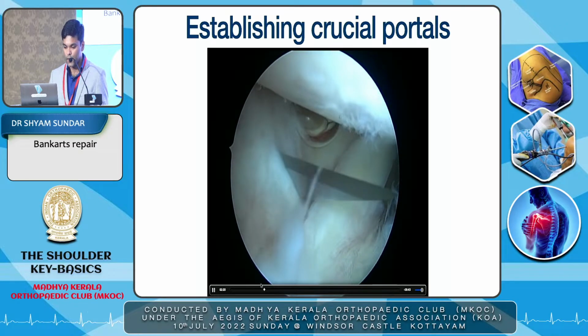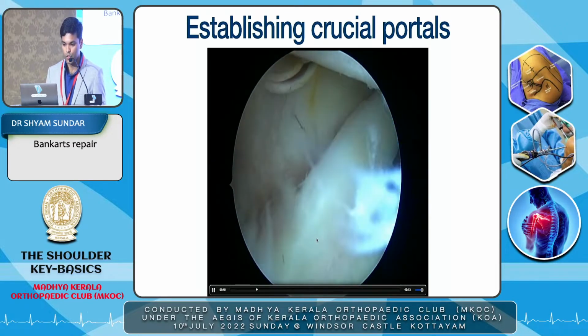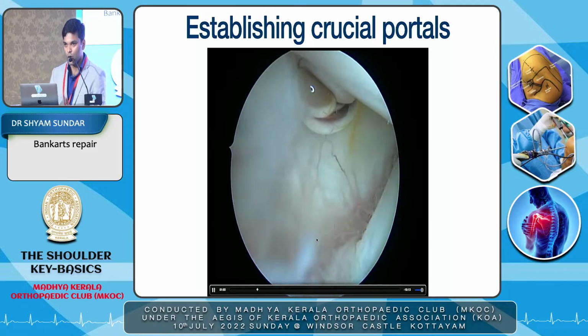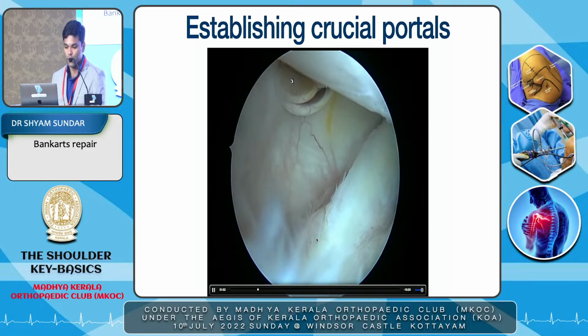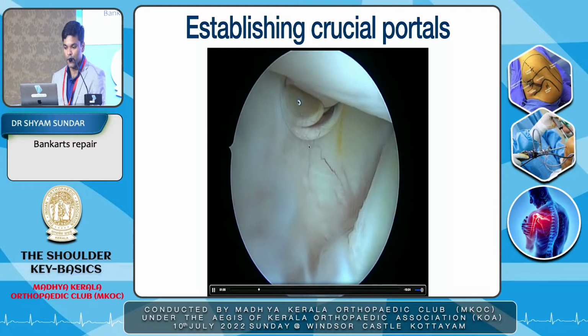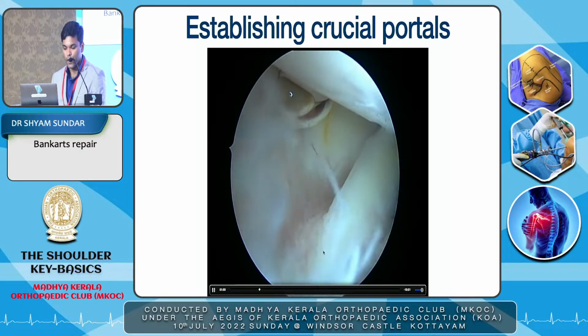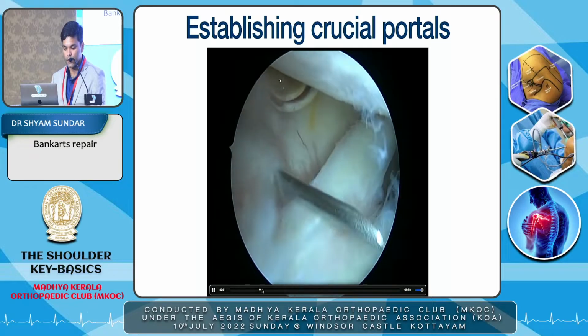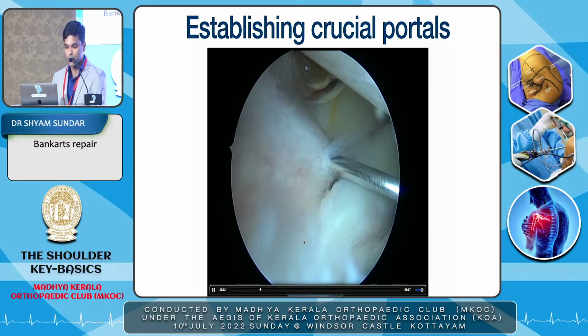I go to the anterosuperior portal. Now, the anterosuperior portal is just along the anterolateral corner of the acromion, but intraoperatively, it should come anywhere in the rotator cable area. This is the rotator cable area, and the most important point in this procedure is when you establish this portal,